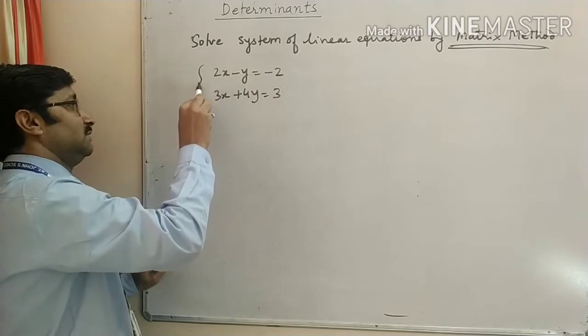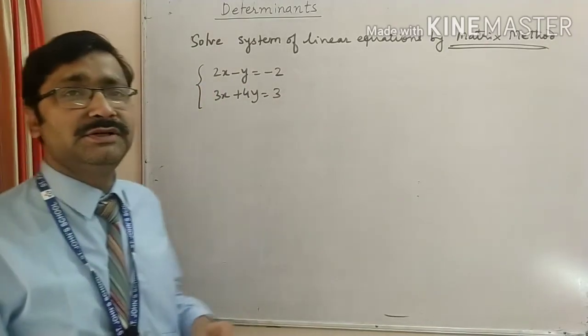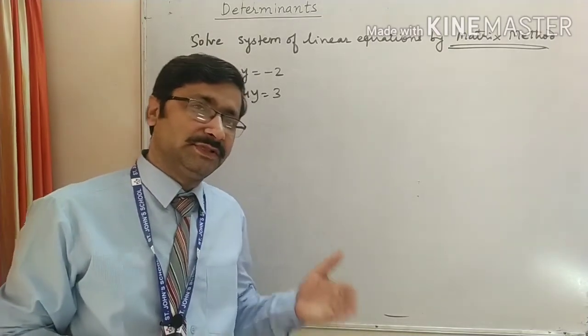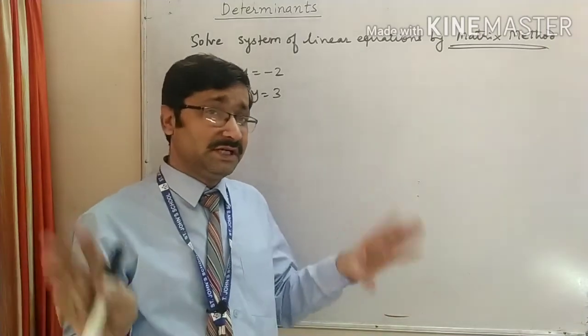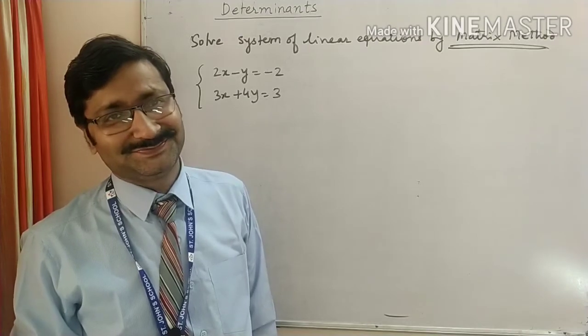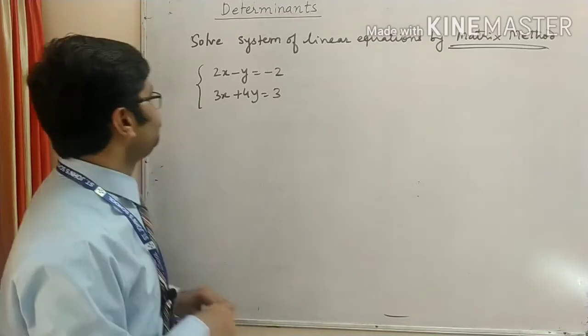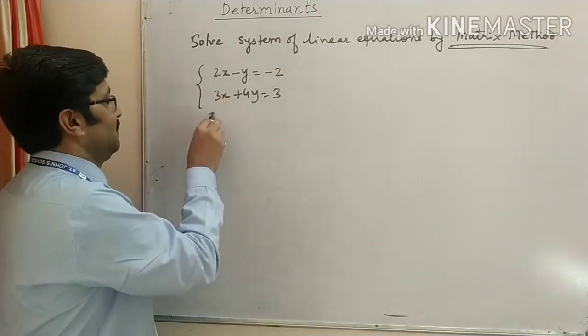Look here, this is given to you as a linear pair of linear equations in two variables. These equations we can solve by graph, substitution method, elimination method, cross multiplication method. We have many methods, but here you have to use the matrix method. So what is the matrix method? You have to understand. You have to change it into a matrix. So how can we change it?